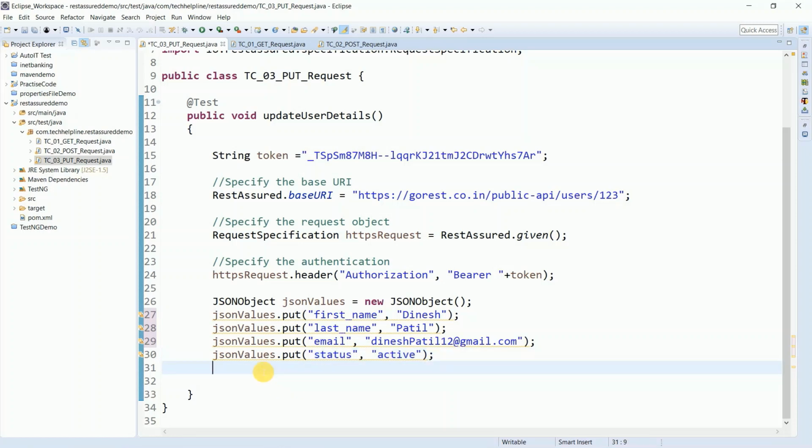Next we have to create the header format, which is the type of data we are passing to the particular request.